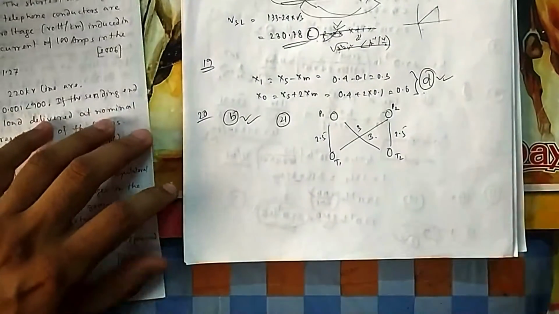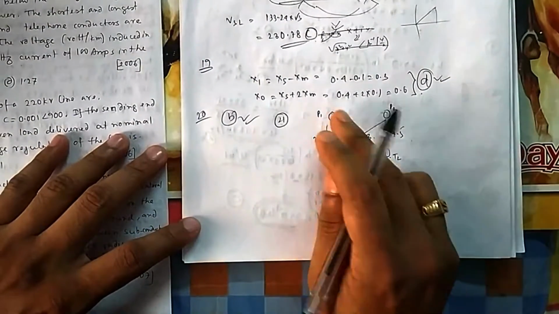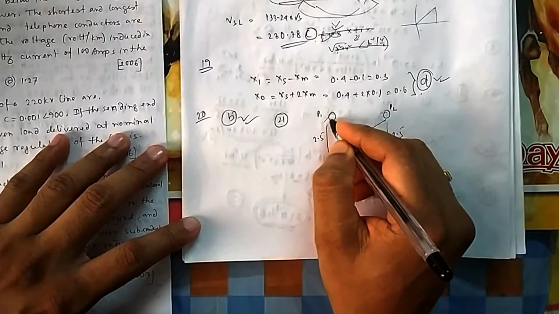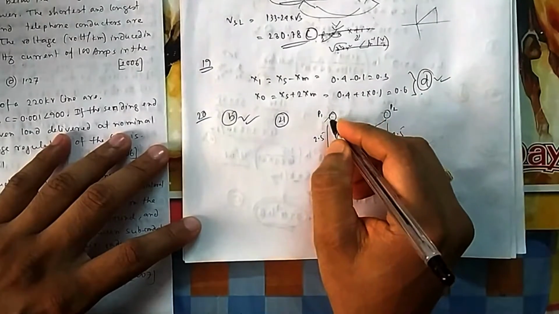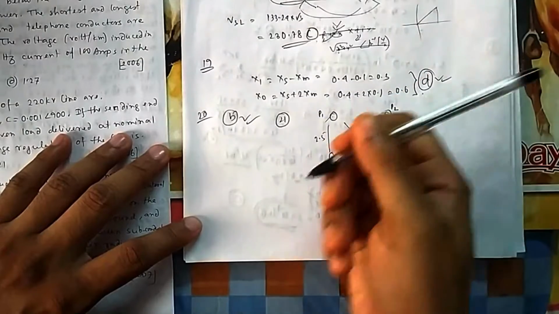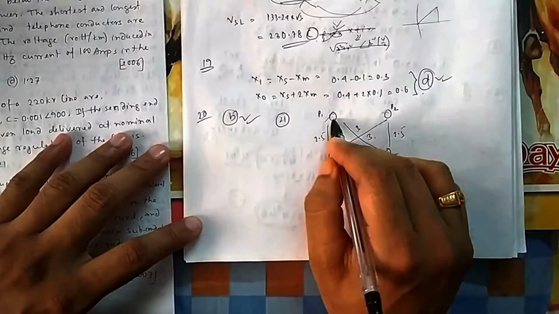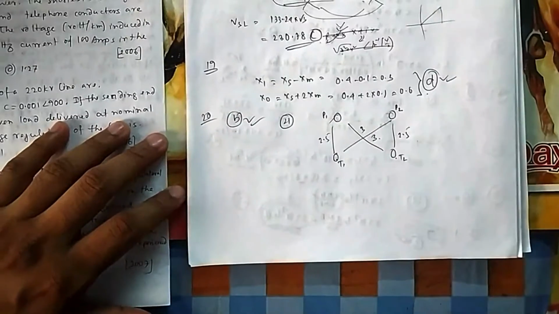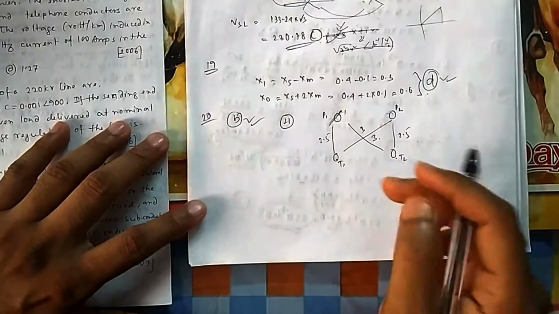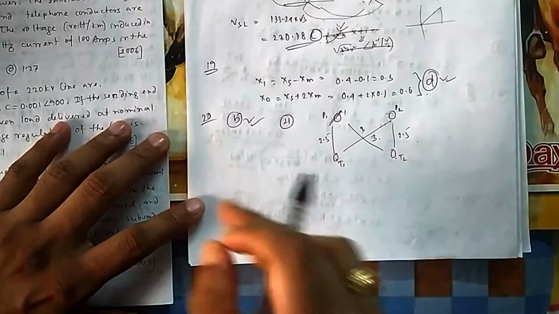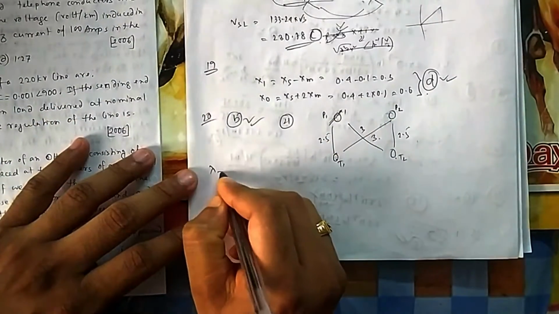Now for this you need to calculate the flux linkage here, the flux linkage here, and the flux linkage due to this. Suppose this current is going through, then it will be returning because it is single phase. So if you take IA this side, then this will be minus IA. Ultimately, if one is positive, one will be negative. So let us consider this is IA going, and this is minus IA coming. So what will be your flux linkage?